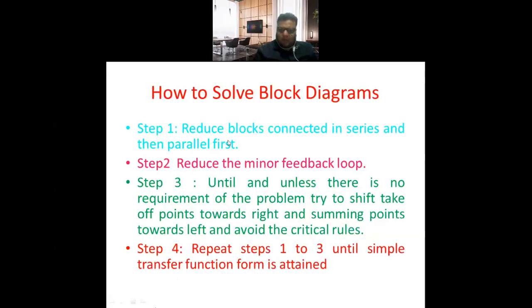और जब तक जहाँ पर कोई रिक्वायरमेंट नहीं है किसी क्रिटिकल रूल को लगाने की तो नहीं लगाइए। और जहाँ तक हो सके आप प्रॉब्लम में ये कोशिश करिए कि जो भी टेक ऑफ पॉइंट है उसको राइट की तरफ शिफ्ट करने की कोशिश कीजिए, और समिंग पॉइंट्स को लेफ्ट की तरफ। क्रिटिकल रूल को जितना हो सके छोड़ दीजिए, प्रॉब्लम्स में उतना इंपॉर्टेंट नहीं है। और ये तीन स्टेप्स रिपीट करिए जब तक कि आपको ट्रांसफर फंक्शन, जो फाइनल C(s) बाई R(s) है, आउटपुट बाई इनपुट, आ नहीं जाता।